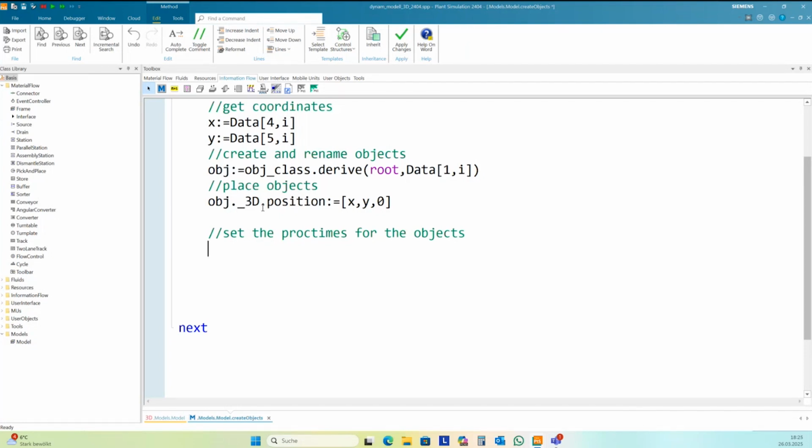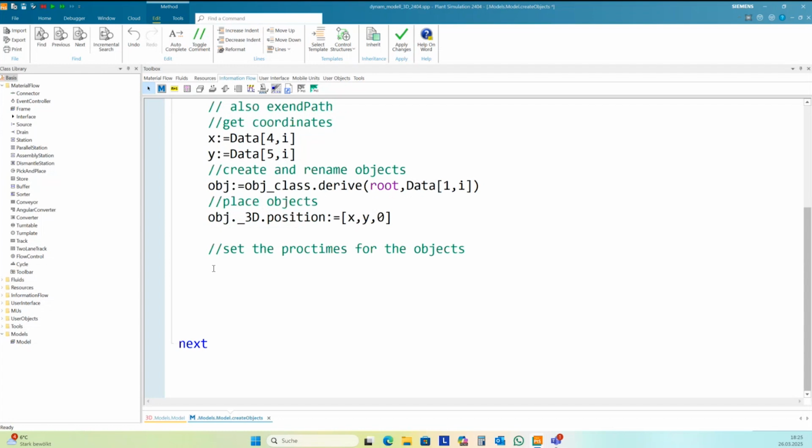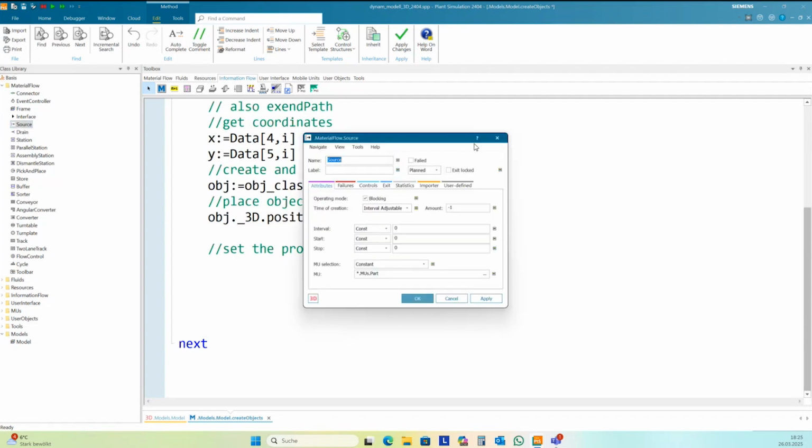And we can differ it with the class names here. In this case, only the source needs to have another code, because this is not proc time here, it's SimTalk interval.